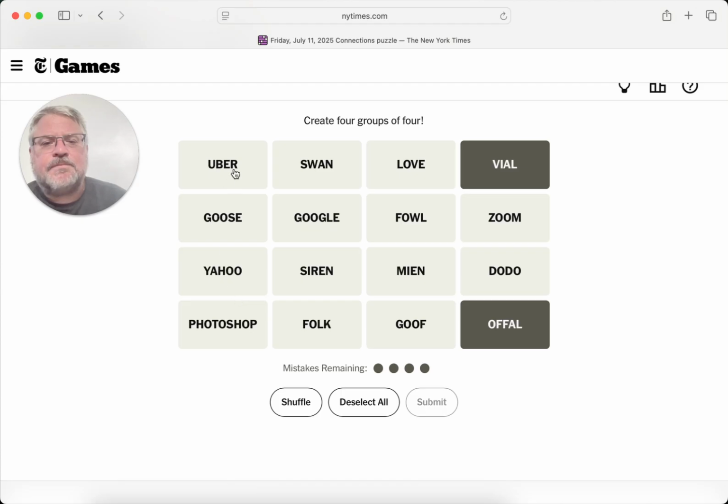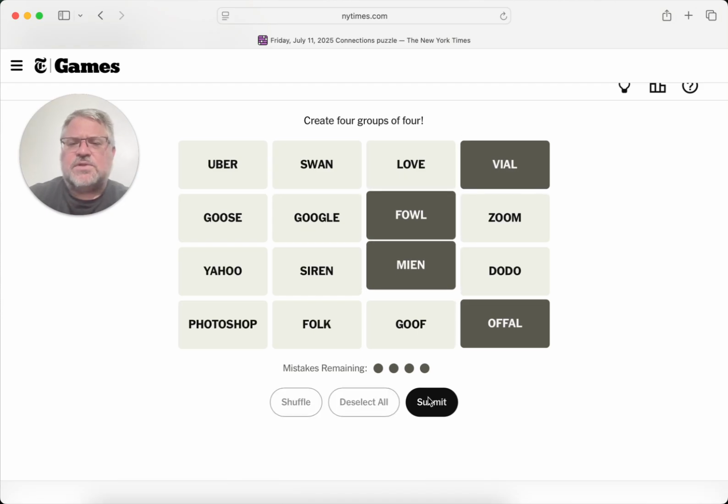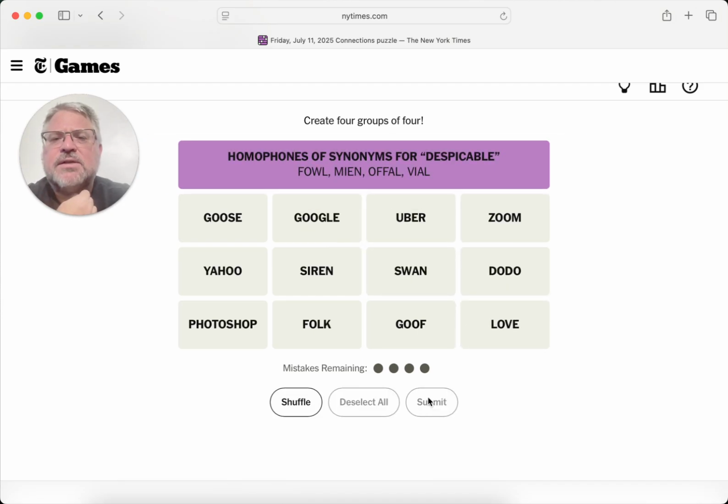Do we have any others like that? Foul and mean. So mean spelled this way is like your demeanor. Foul is a bird, but if you spell those differently, it could be mean as in unpleasant, foul as in unpleasant. So let's try these as homophones for words that mean unpleasant. Despicable. Okay, yeah, I'm going to give myself credit for that. Then we've got